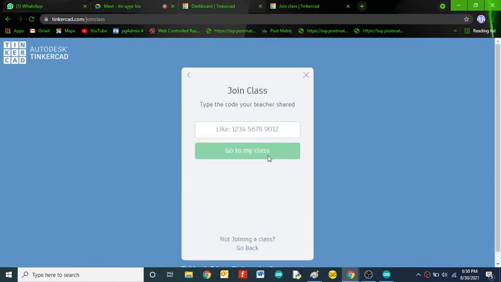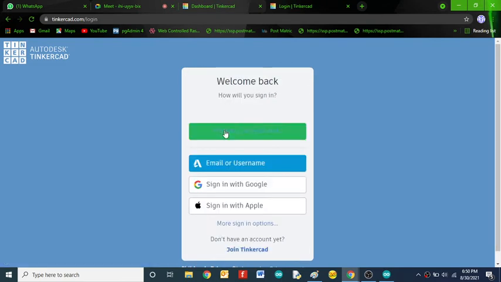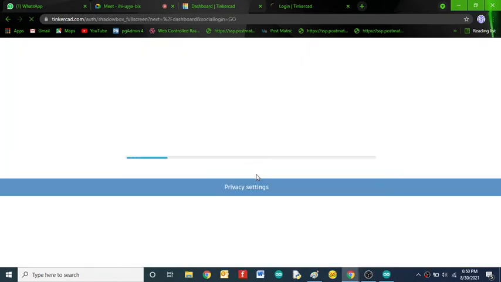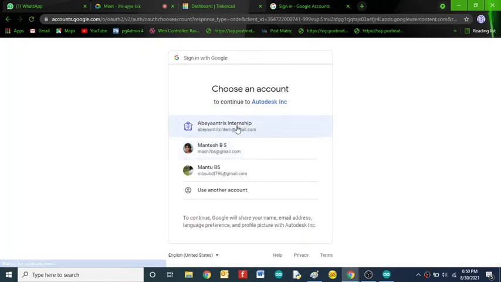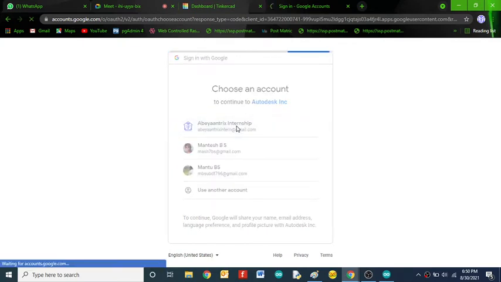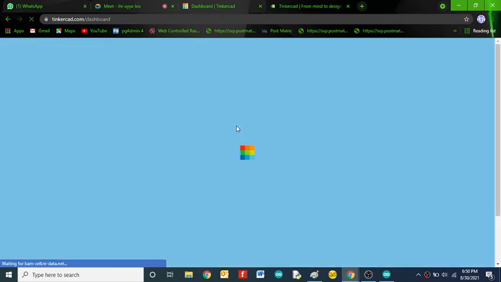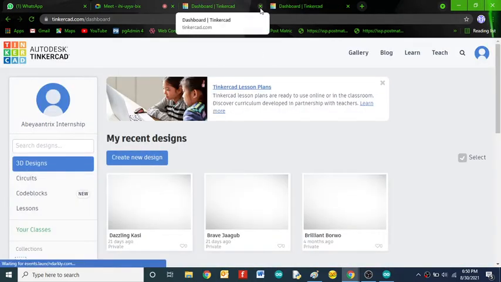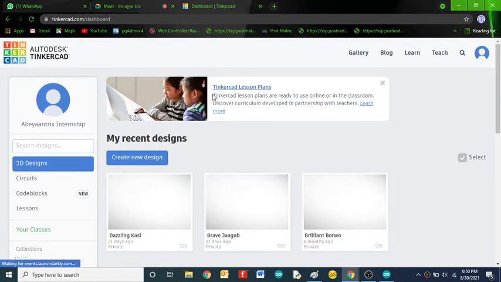Then go for sign in with Google account. Then it will ask for your email ID. Then choose the email ID and go for the procedure. There will be a minimal number of steps. After that it will open like this.